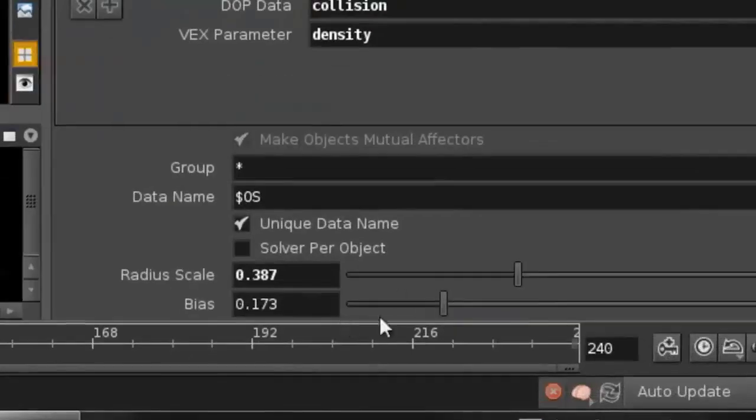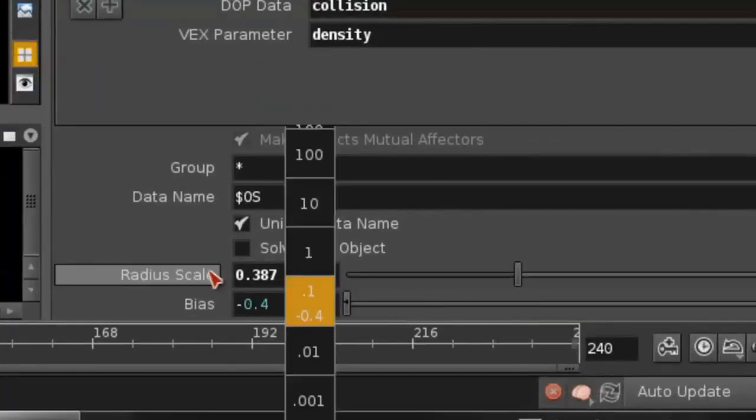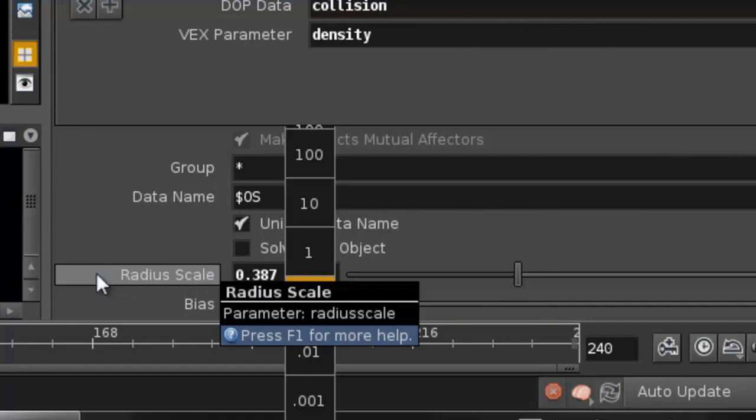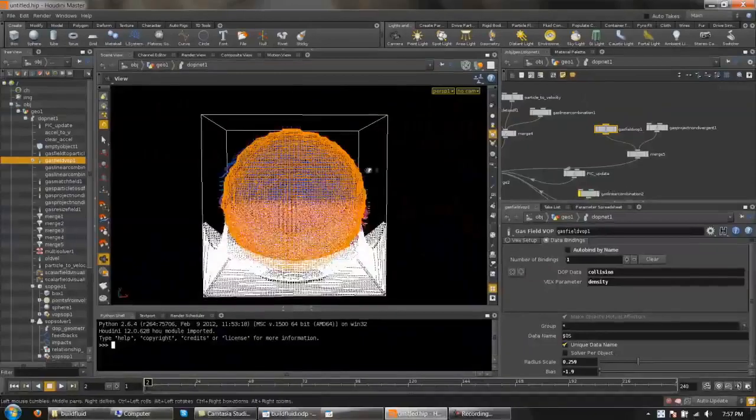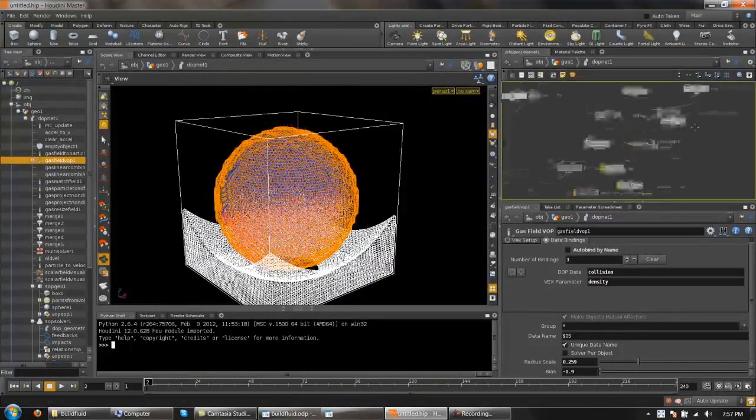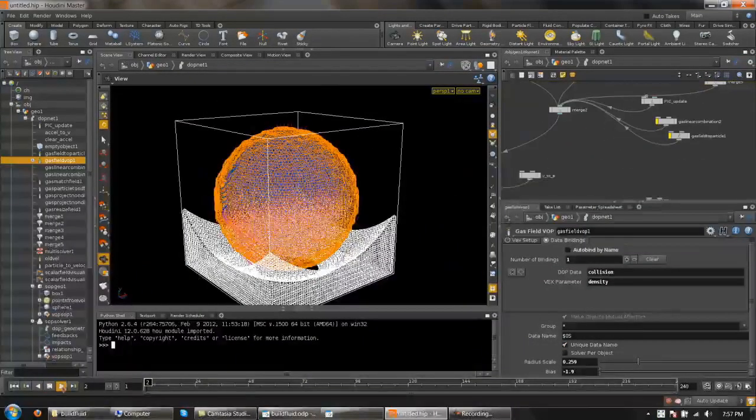Pull my bias. Actually, it has to go negative. Lower that down, and maybe make this a bit wider. There we go. So there's my collision object. And now when I hit play,